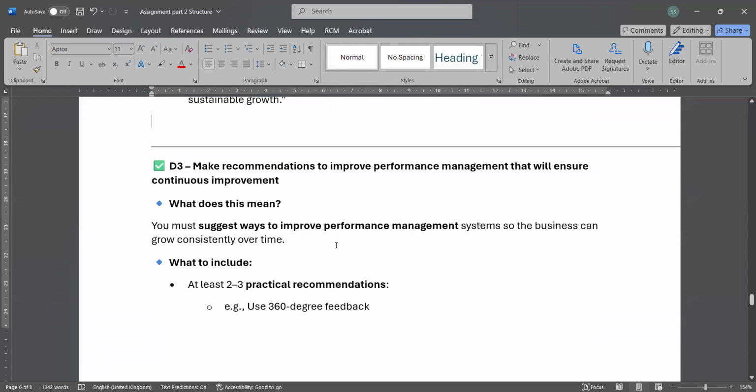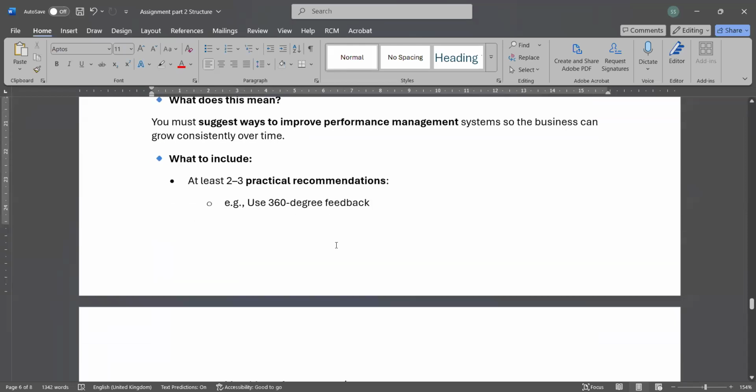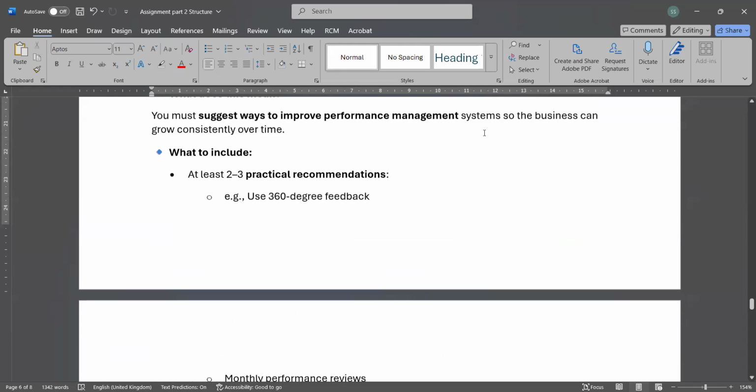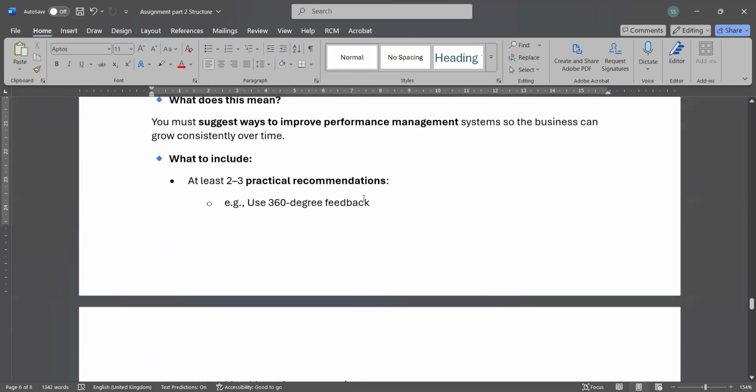Either you can tell them what kind of approaches they need to use for continuous improvement, but it should be based on your chosen theories and your chosen organization. What best suits your chosen organization?